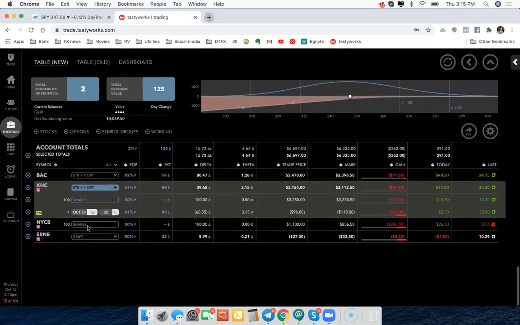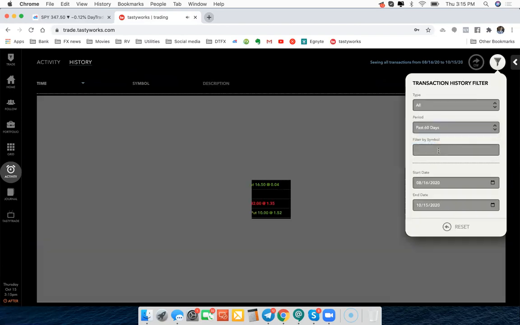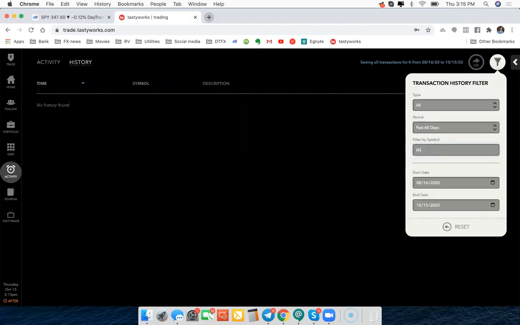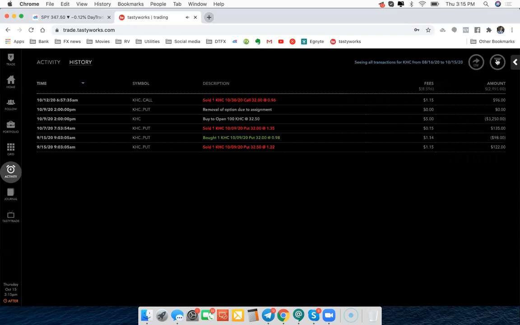We got assigned because I sold, and let's go to activity here. I'm going to go back 60 days and type in KHC. I think pretty much everybody's on Tastyworks here. If you're not on Tastyworks, daggone it, you should be. I think all other brokers are terrible, so Tastyworks is my favorite. They're really, really great. So here's a trade that I recently did. I can see all the details right here in my